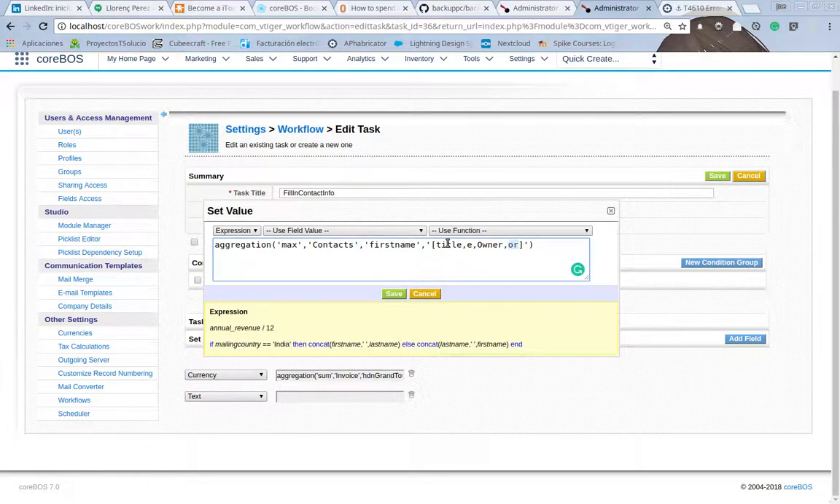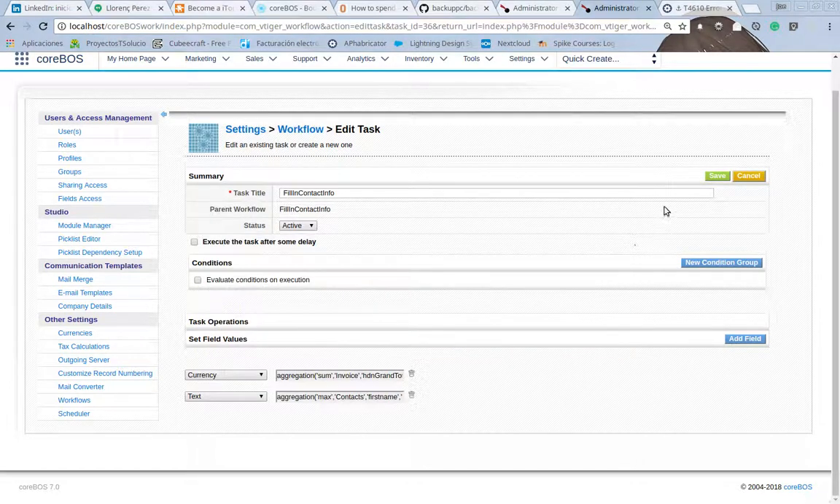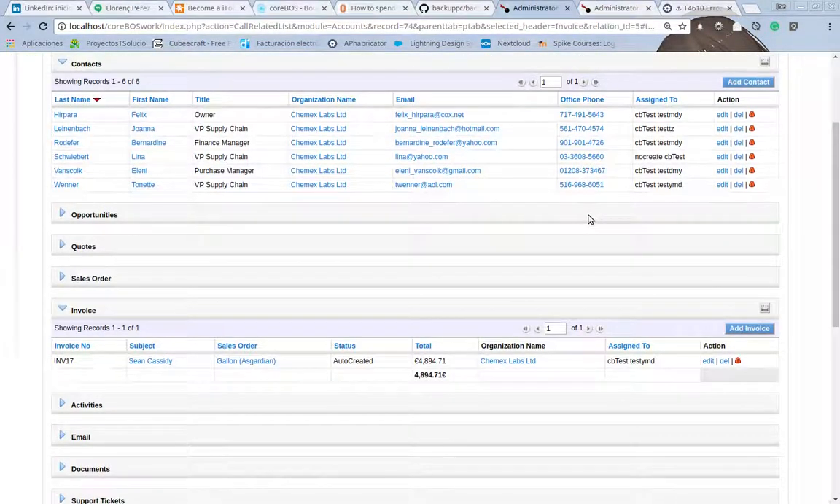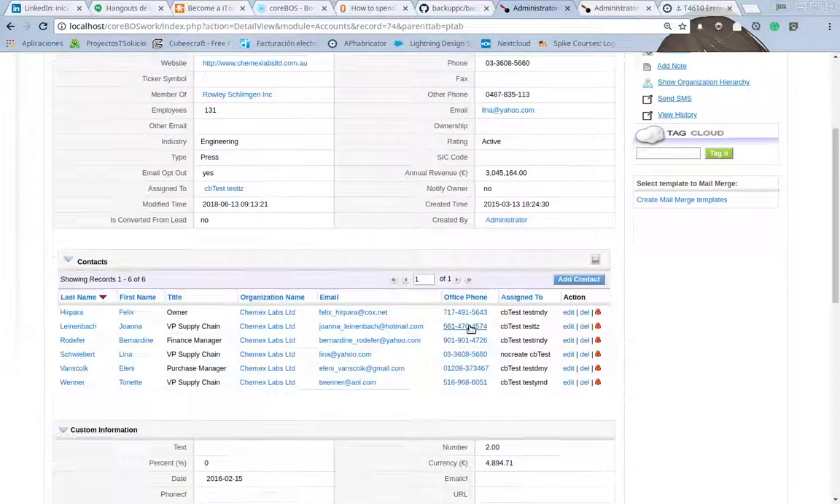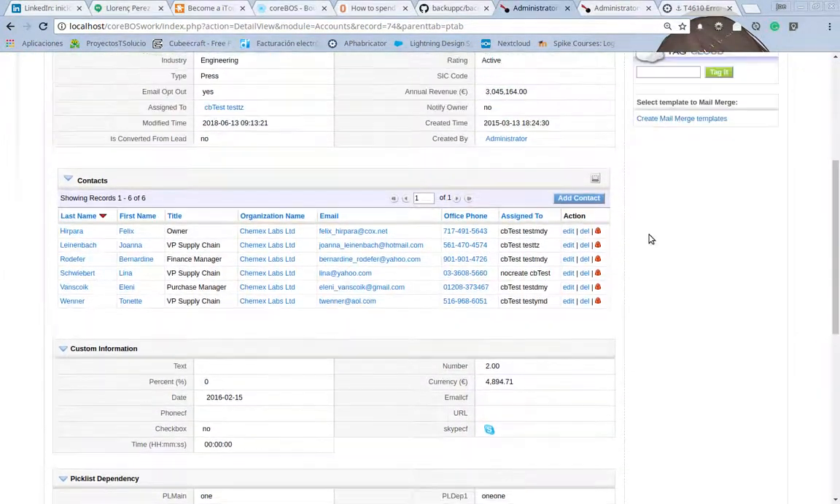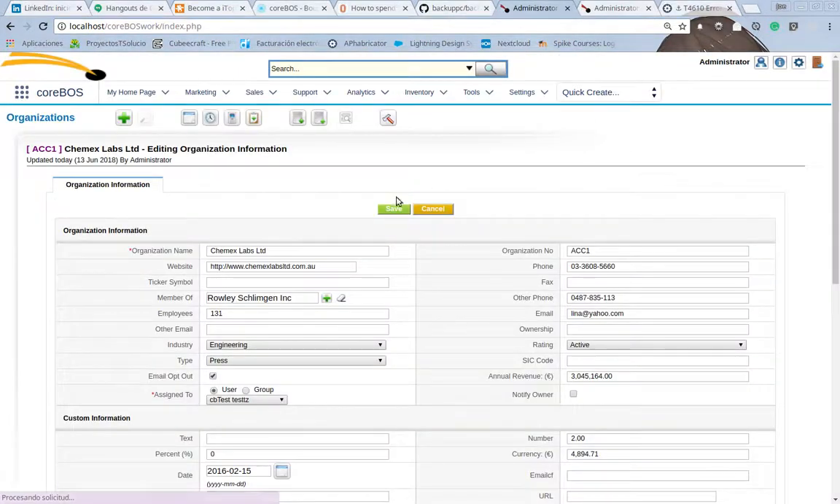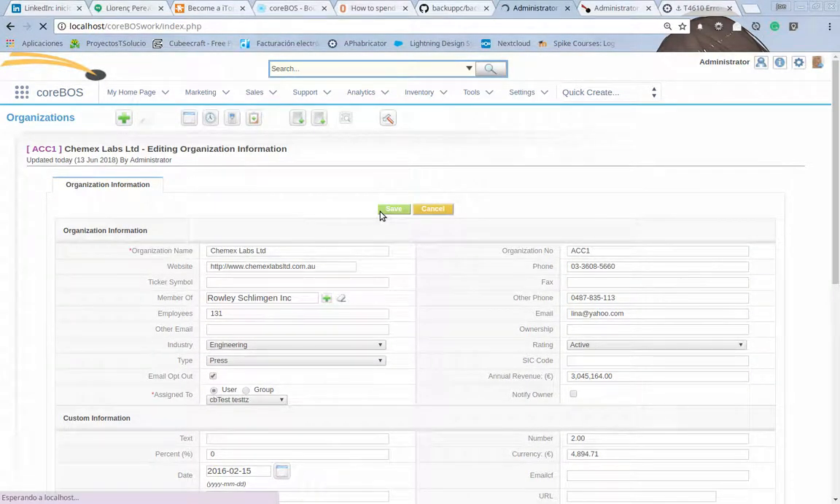So we have to put the name of the field, the condition or operator we want to use, and the value we want to compare with. In this case, what I'm doing is telling it to go into the contacts, get all those contacts whose title is owner, get the first name, and return the maximum. Okay, so if we save this and we go back to the organization, the account, the text field is empty, so we edit and we save to force the workflow launching,